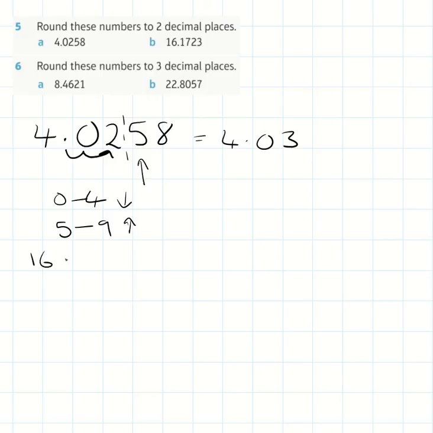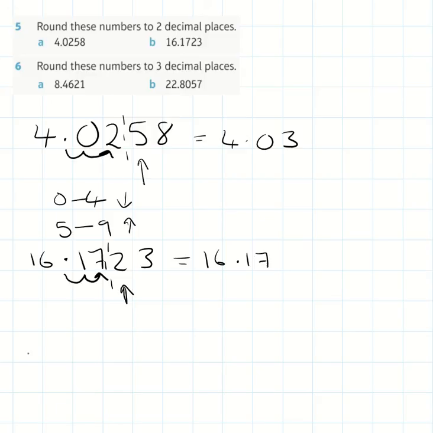We've got 16.1723. We're starting at the decimal point and we're going 2 numbers to the right because it's asking for 2 decimal places. We're going to put our cut line in there and we're concerning ourselves with these 2 numbers. Okay, we look at the one on the right. It's between 0 and 4, so this is going down. And remember, if a number goes down, we just copy and paste everything that's on the left-hand side there. So we get 16.17